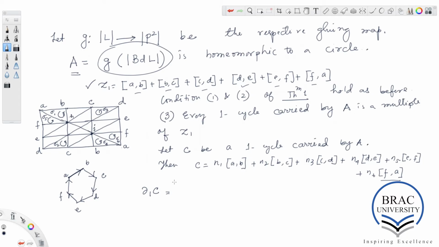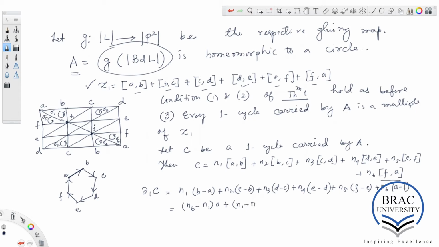So let us compute C del 1 C here, which is N1 (B minus A) plus N2 (C minus B) plus N3 (D minus C) plus N4 (E minus D) plus N5 (F minus E) plus N6 (A minus F), which is equal to (N6 minus N1) times A plus